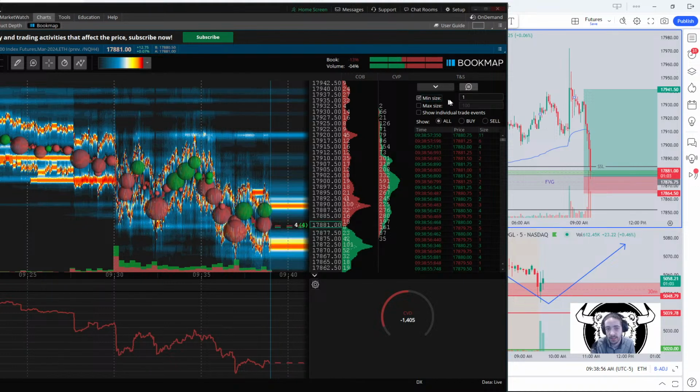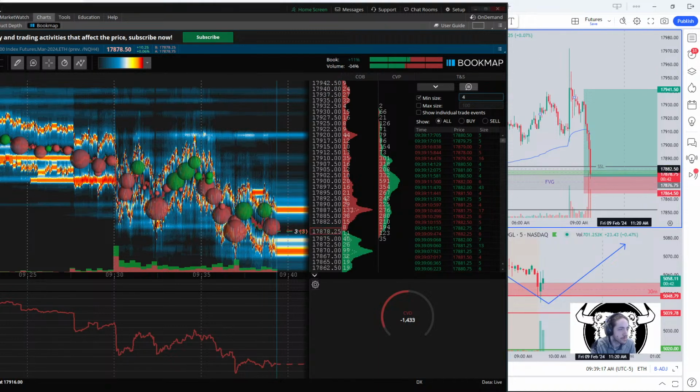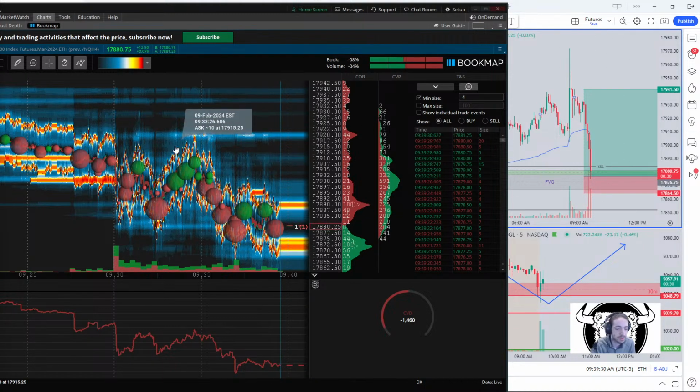Let's minimum size this for 4. See how that looks. What about 5, 6, 10? Nah, see, I want it to be fast enough that I could tell when volume is steady. So we'll do like 4, because it is the NASDAQ. Alright, we're pushing back into the fair value gap. Again, I was saying these fair value gaps tend to work a lot better for scalps. But let's see if we want to push back higher. We got 30 seconds left on the 5 minute.